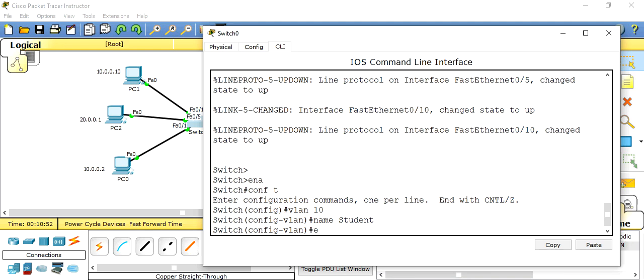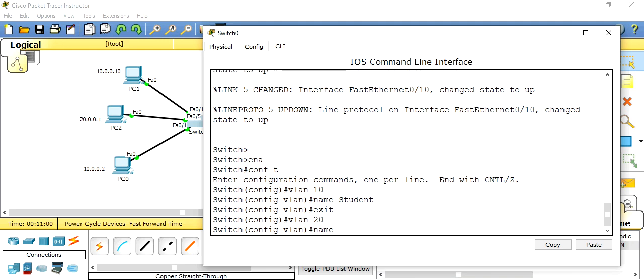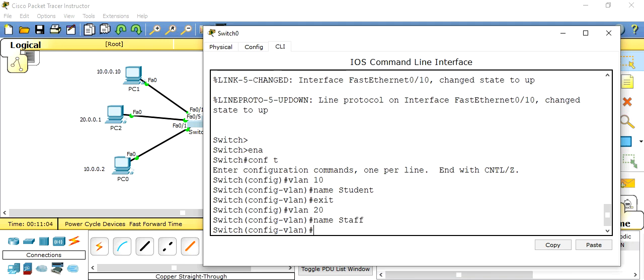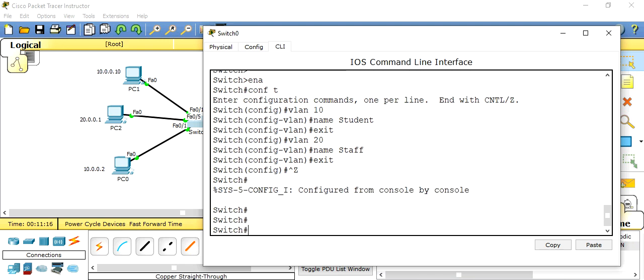Okay. So we create the VLAN 10, then creating VLAN 20, and give it the name staff. So we create both networks. We didn't create a trunk till now, but let's check. Control Z to go back, and let's check that the VLAN really exists or is created. So show VLAN